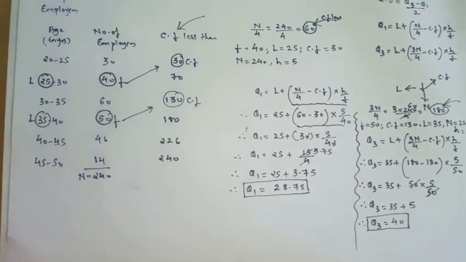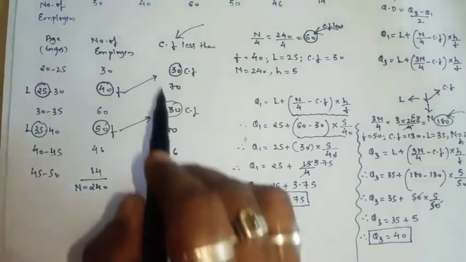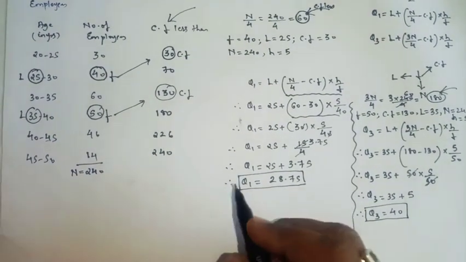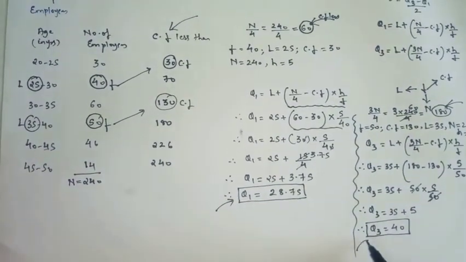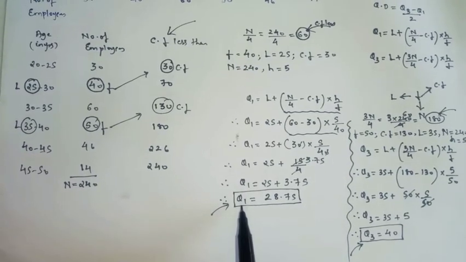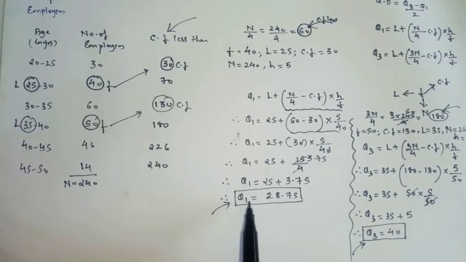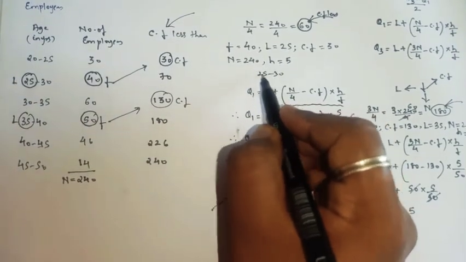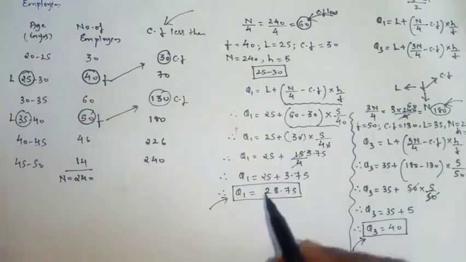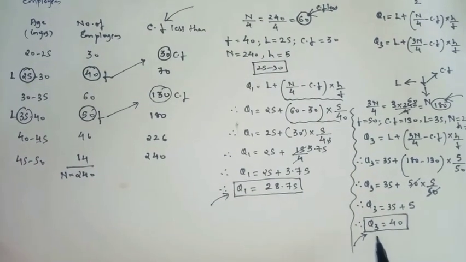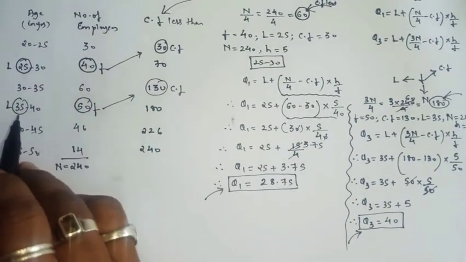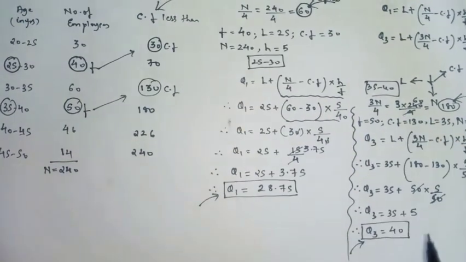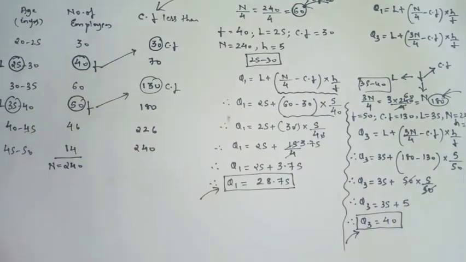So I hope you all understood how to prepare the table first, and then after that how to find the Q1 and Q3 value. And we can even check whether this answer is right or wrong, as here we know that the Q1 class lies between 25 to 30. So of course the final answer should lie between 25 to 30 only. As the Q3 class lies between 35 to 40, so of course the final answer of Q3 should lie between 35 to 40 only.